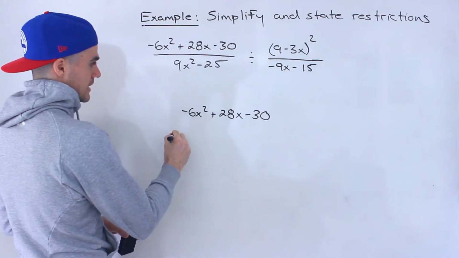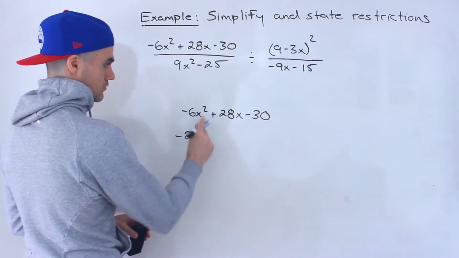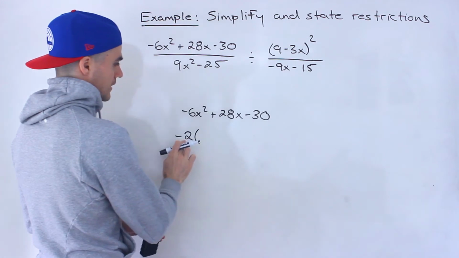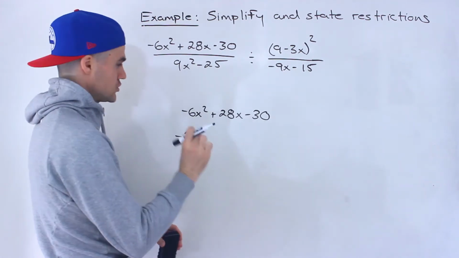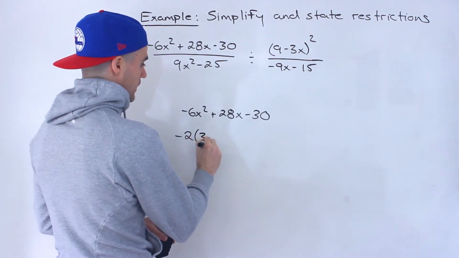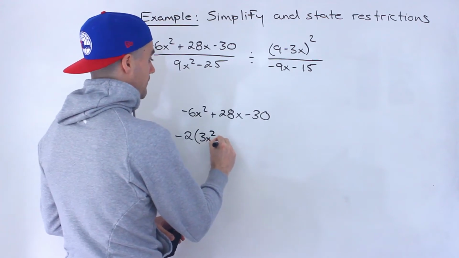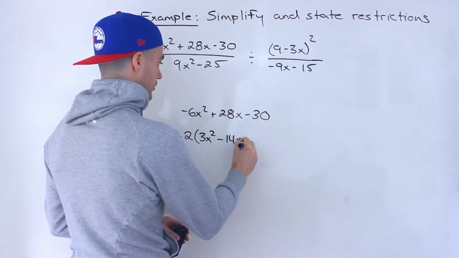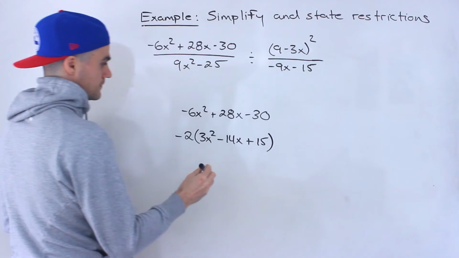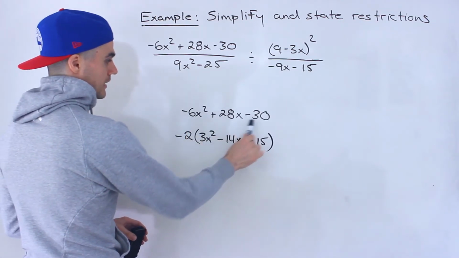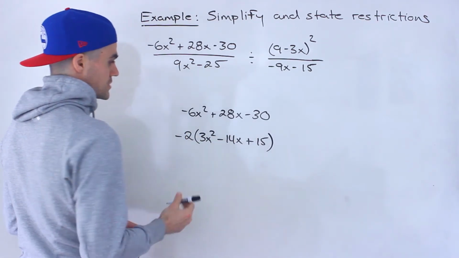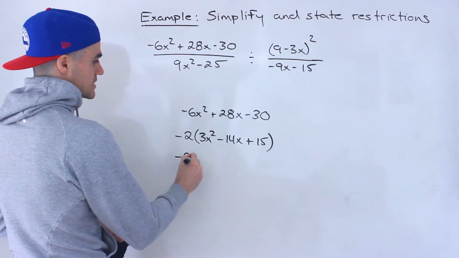Now notice we could take out a negative 2 from everything, and I'm taking out a negative 2 to make that leading coefficient positive. So we would end up with 3x squared minus 14x plus 15. Right? Divide everything by negative 2. That's how we got these terms here. And then the 3x squared